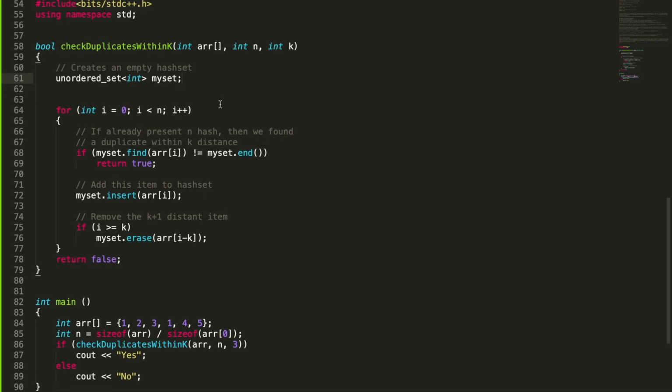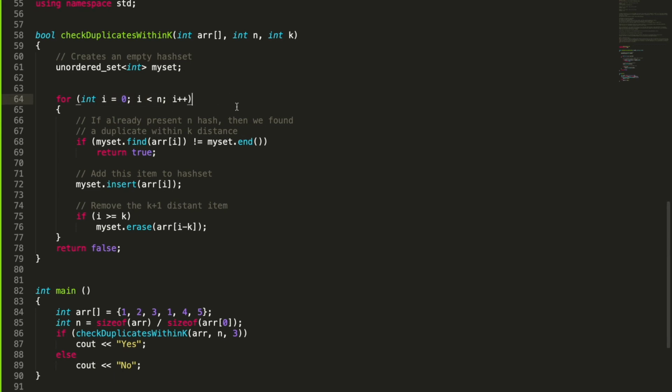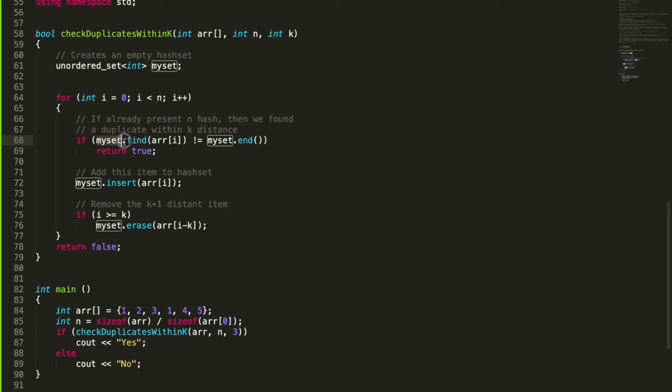Then we keep traversing the input array, and we use the find function present in unordered set to check whether the element we are going to insert is already present or not.